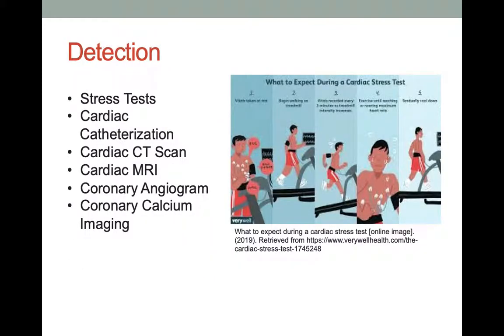Now, detection of cardiac conditions. The big test stressed in the book was a stress test, which is also known as a graded exercise test. In the stress test, we're trying to identify, diagnose, or quantify heart or lung disease, and we could also use it if we're trying to evaluate our functional capacity. So if I'm having chest pains and stuff, I might get this done to see what type of cardiac disease I have. If I'm an athlete or something, I might want to just see what my full potential is. So I can run this test for